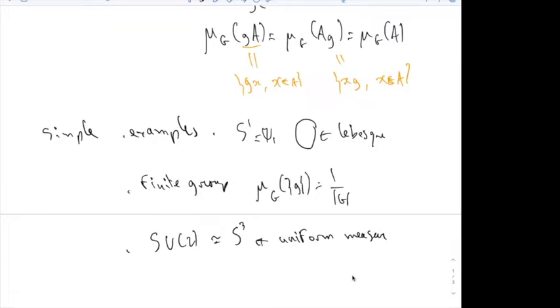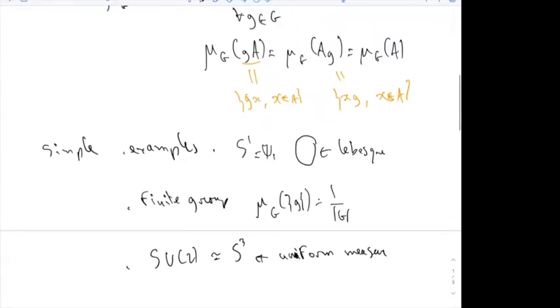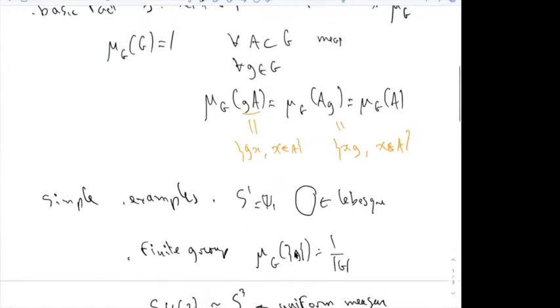The uniform measure satisfies the property of the Haar measure because if I make a left multiplication of SU2 by itself, it's actually an orthogonal transformation. So the uniform measure satisfies it. Therefore, it has to be the right one. Only the uniqueness is not completely clear here, but we just have to believe it from the axioms. And this one is slightly less trivial already, and somehow what we want to do is generate this kind of thing.